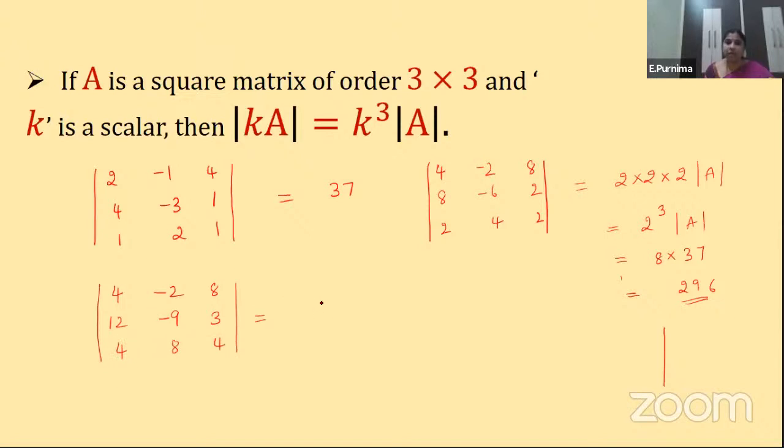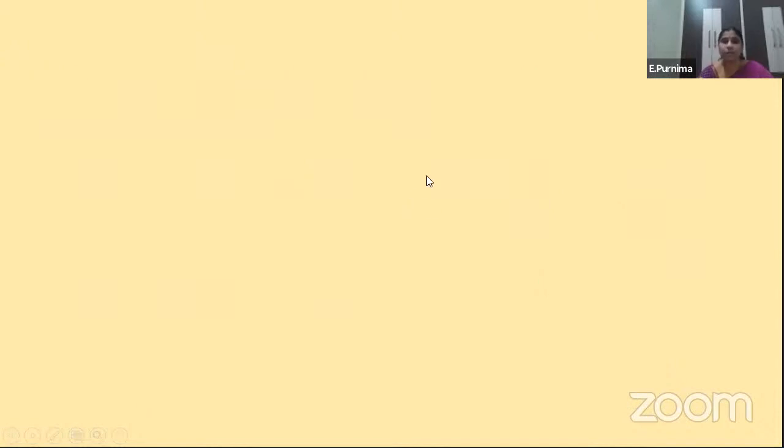If it is like this, then what will be the determinant? The first row is multiplied with 2, so 2 comes out. The second row is multiplied with 3, so 3 comes out. The third row is multiplied with 4, so 4 comes out, into the determinant of A. Understood? 2 3s are, sorry, 2 3s are 6, 6 4s are 24. So 24 times the determinant of A. Like this we have to do. Understood, children? I hope you are following. Whatever scalar quantity each row is multiplied by, that quantity will come out as a multiple of the determinant. Is it clear? That is a very, very important property, children.